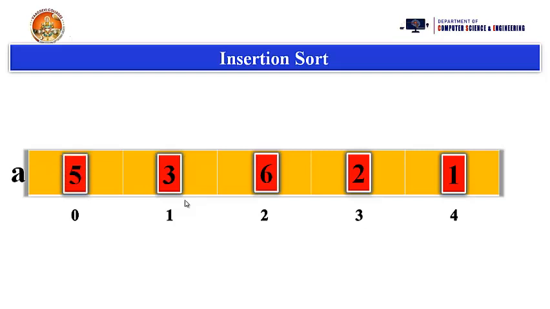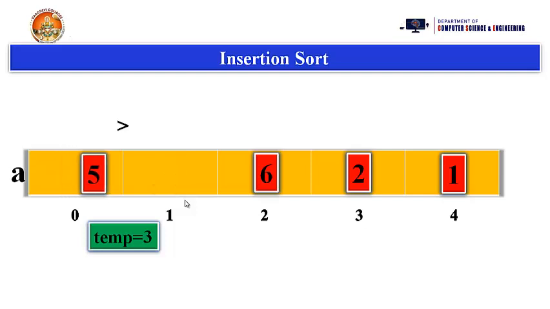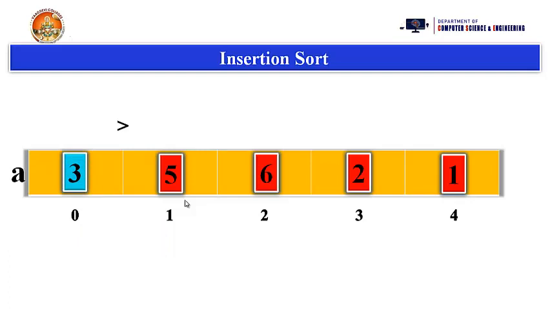So how to sort the elements? First I take the first value, the element 5 at the 0th index position, and compare it with the first index position value. What is the relationship between these? 5 is greater than 3. So in that case we need to swap these two values. How to swap? First store the 3 in the temporary variable, in the first index position store the 5, and in the 0 location store the 3. Like this we can swap the elements.